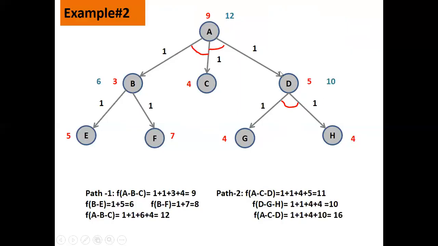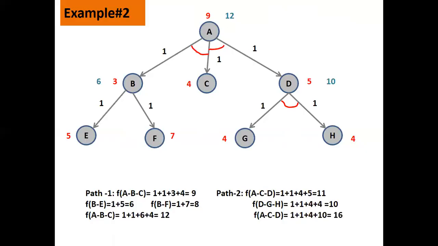Now let's calculate the cost of A using this revised value of 10. So how do you get here again? Again it will be A, C, D. So this will be 1 plus 1, 4 plus 10, the revised cost you have to take. So how much is the cost we get for A node? That is 16. So in the first path, you get it as 12. Using the second path, you get it as 16. So which is minimum? Minimum is 12. So the cost for A, you select it as 12.